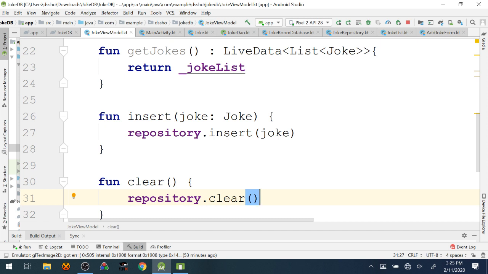I know it seems like a lot of channels to get from the top back down to the bottom, but again, remember, it's all about what level of abstraction we're currently dealing with. The view model doesn't care where the data comes from. It just lets the repository deal with that. The repository doesn't care about the actual details of storing or retrieving data. It's just going to pass those calls on to the database or the API and let it handle that from there.